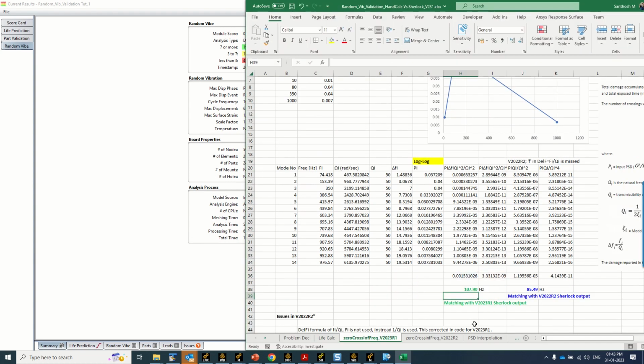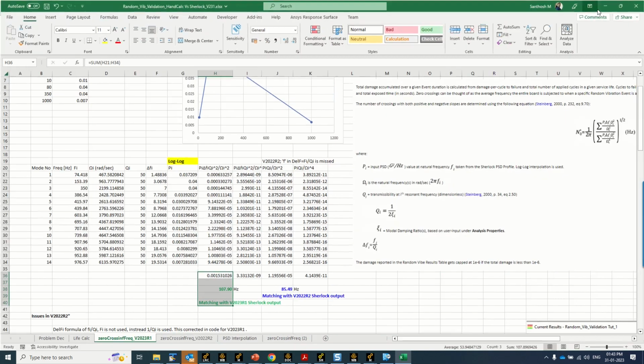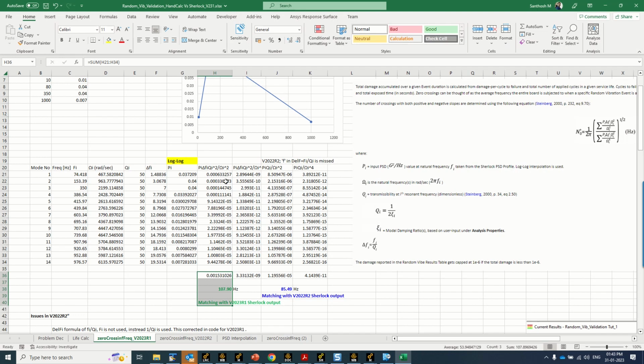This is correctly implemented in Sherlock version 2023 R1. There was an issue with Sherlock 2022 R2. In implementing this formula, here this delta F is F by Q, right? There was an issue in the code. The F is not correctly coded. The delta F term has become kind of 1 by Q instead of Fi by Q. That issue is corrected in